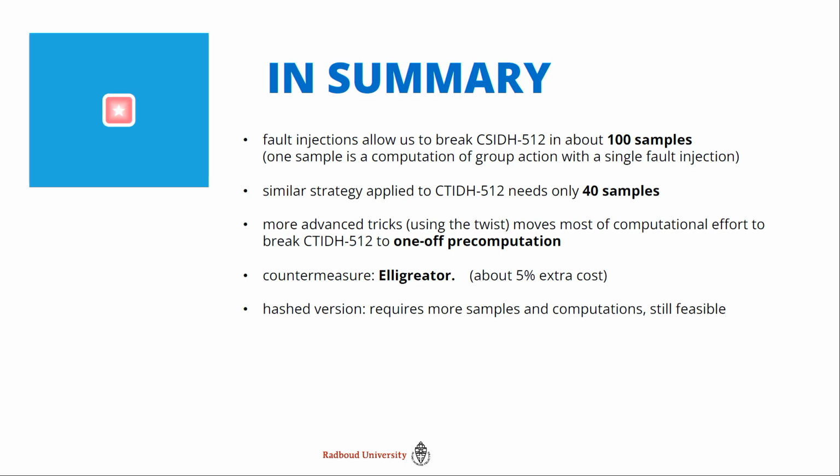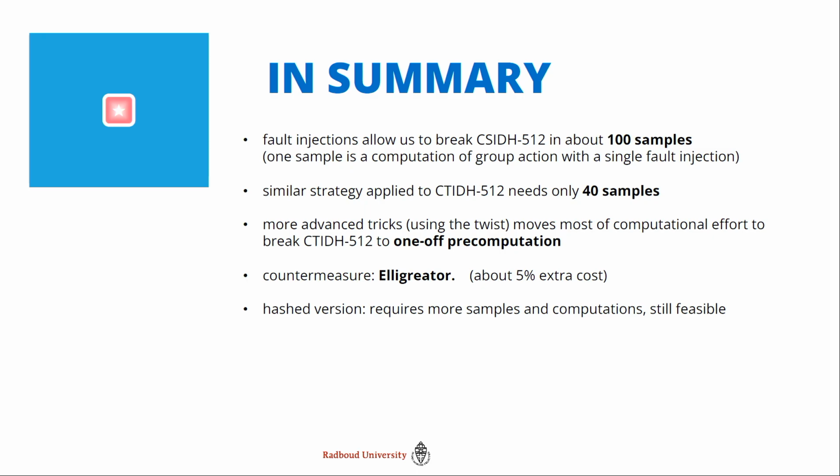on the alligator point sampling. So you see here that we're injecting this point sampling, and so we need to make this more secure. And we do this by Alligator. It takes like 5% extra cost for CSIDH-512, but it completely makes sure that the attack is unavoidable because you go from a probability of 1 in 2 to get a successful fault injection to 1 over p, and p is a 512-bit prime.